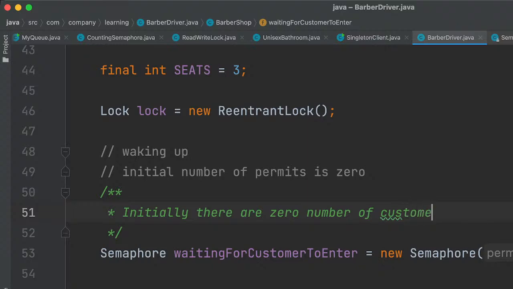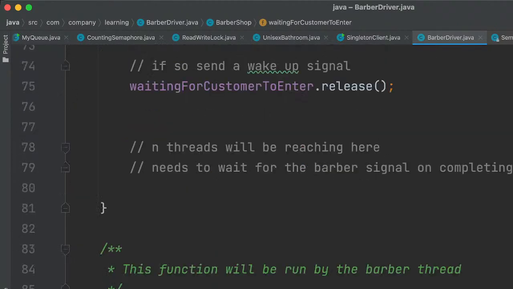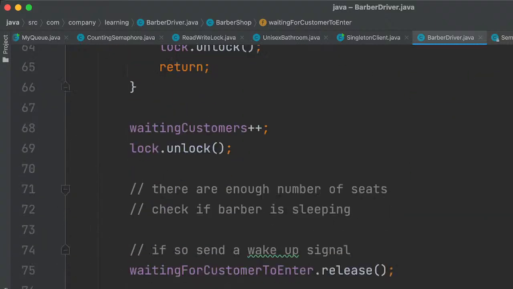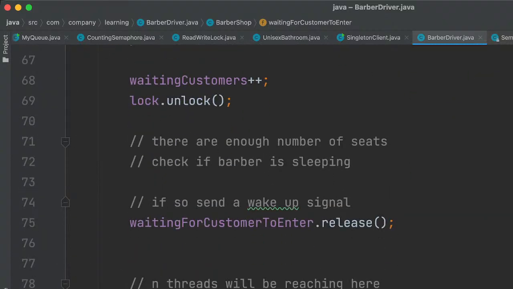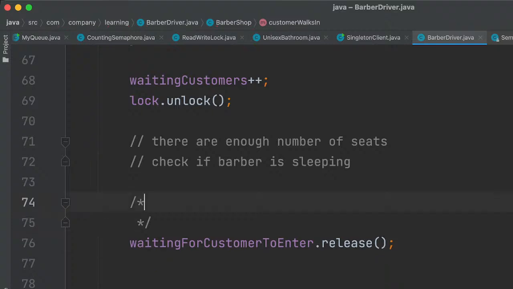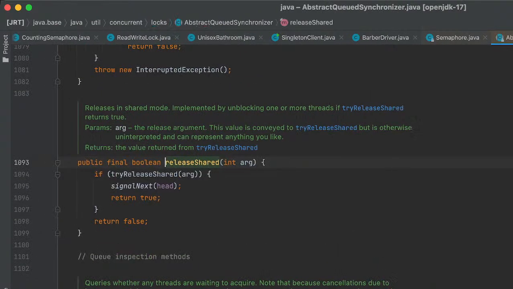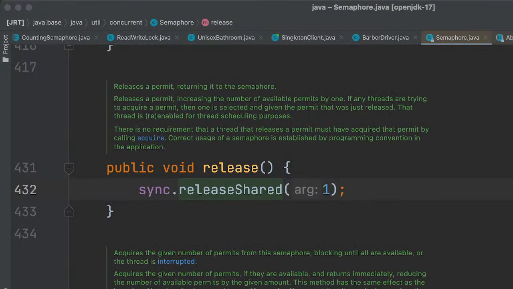Right, and the release part, let's see what exactly this does.